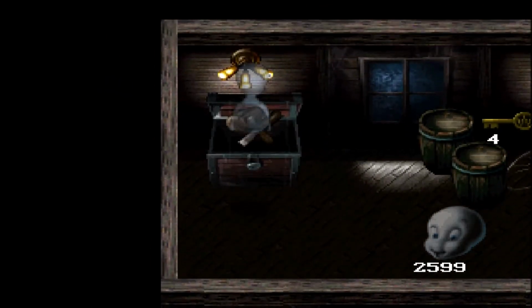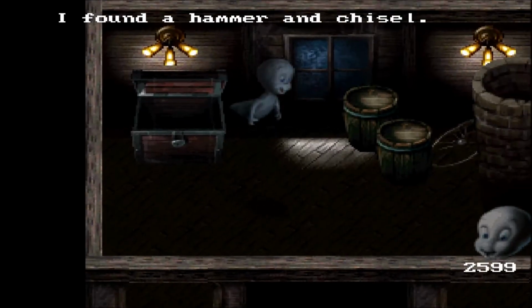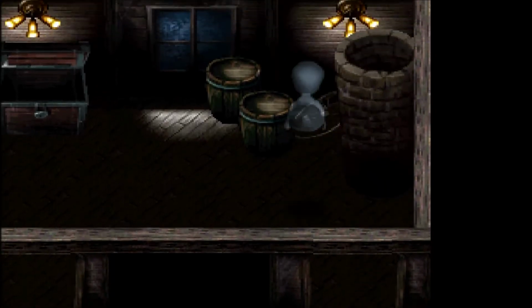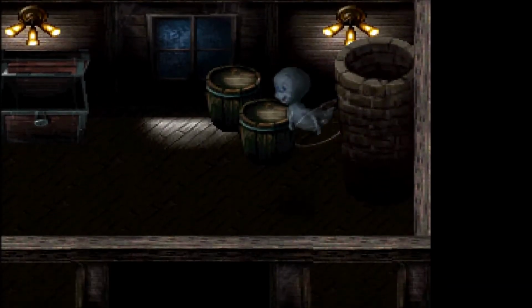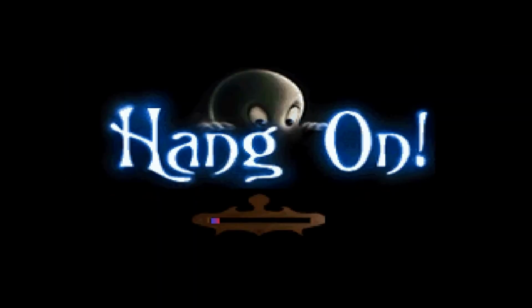Oh, hello, this is important. The hammer and chisel. It's a hammer and chisel, used for carving rock sculptures. Another important device for us to use. That is required for one of the 2 ghostly trio battles in the maze. And we can now actually go and complete 2 separate